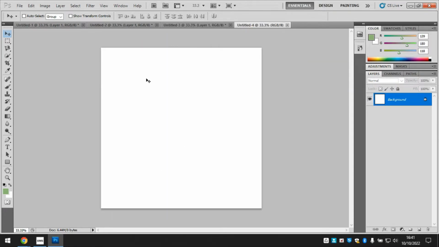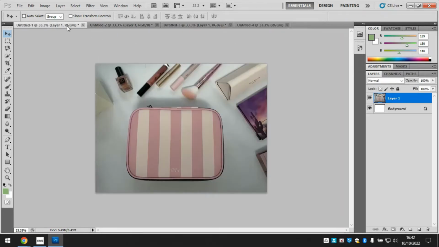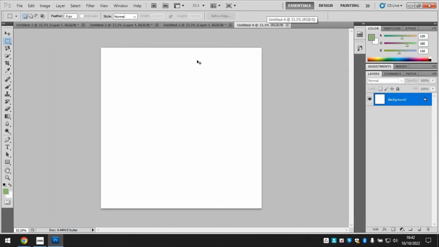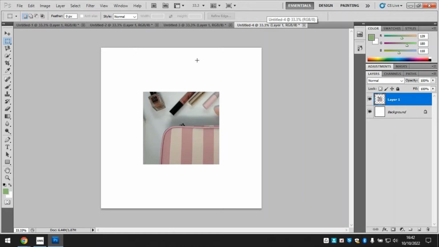All right, so I've got my blank document here, and I'm going to go back and use my selection tool. This is the rectangular marquee, and you can just press M on your keyboard. So you can see I've got my tabs at the top with the different pictures on. And for this one, I'm not going to select the whole bag and just plonk that in the middle. I'm going to select part of the bag and part of the makeup around it, and all I'm going to do is copy and paste that onto the blank one. So I'm on my keyboard pressing Ctrl C,